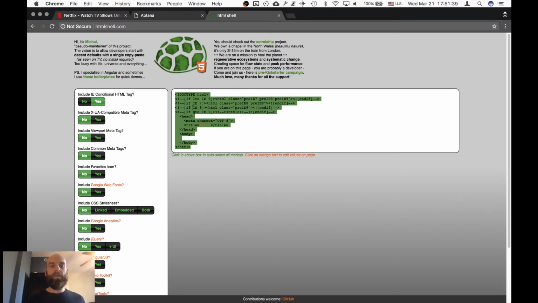And if it's Internet Explorer 7, apply this code. If it's Internet Explorer 8, use this code. And if it's GTE, greater than or equal to Internet Explorer 9, use this code. So